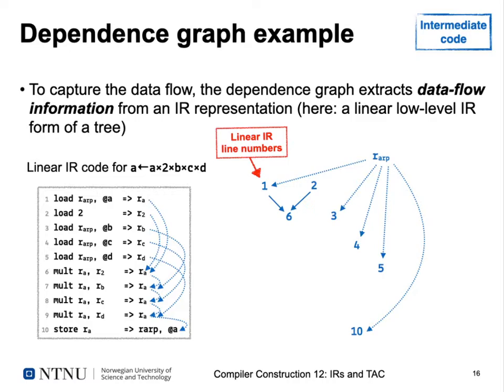We know that to actually execute this IR instruction in line 6, we also need another result. We need the result of loading our constant 2 here in line 2. So line 2 and line 1 are needed to get the values that we need to execute the multiplication in line 6. Line 6 now propagates RA to line 7,